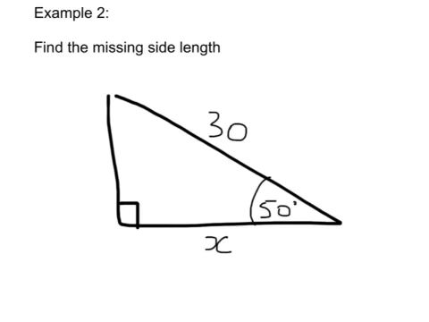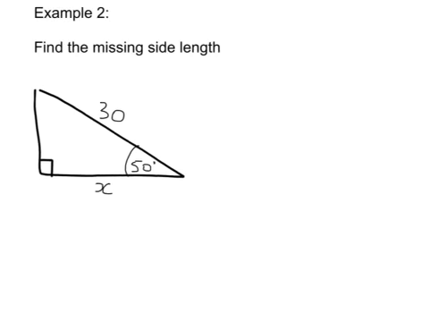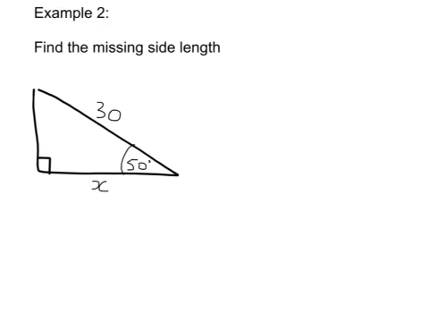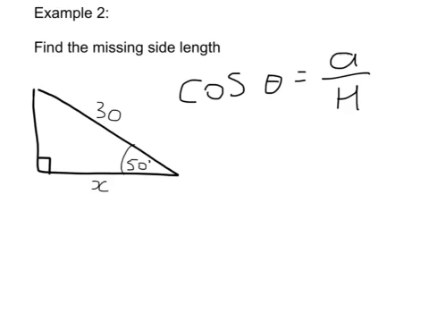Okay, missing side length. Let's do this one again. In this case, I've got 50 degrees as my given angle. However, I've got my adjacent side. This is the side adjacent to the angle, and the hypotenuse. So to do this, I'm thinking which trig function? Adjacent over hypotenuse is cosine. So cosine theta equals adjacent side over hypotenuse. So in this case, I've got cosine 50 degrees